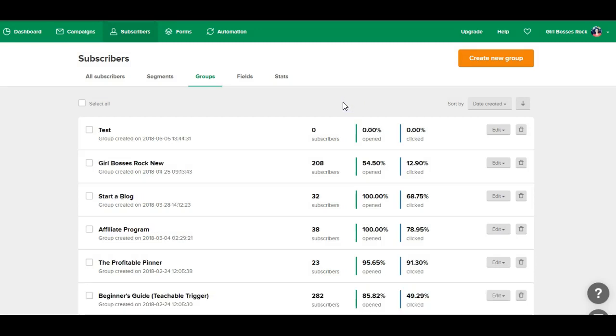A group is like a folder. When you create your forms and put them on your blog, and someone enters their email address to sign up, there has to be a folder for that email address to go into. In this case, it's called a group, but if you think of it as a folder, that helps make sense of what it is. You'll hear it called a list as well. What subscriber list do you want to go to? You see I have several here on mine. I have one for my blog specifically, but I also have several courses, and this way I can send personalized emails to the students who enrolled in those courses